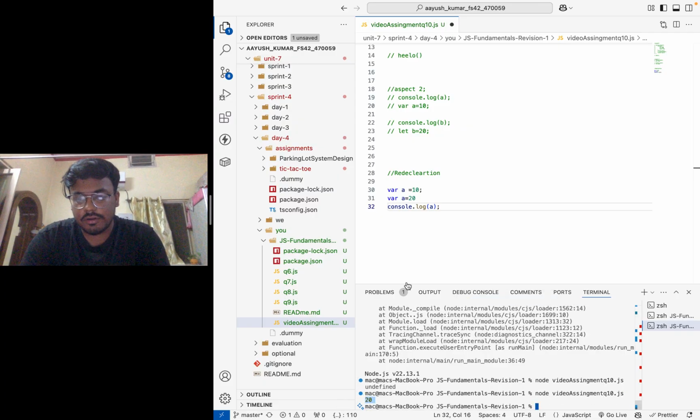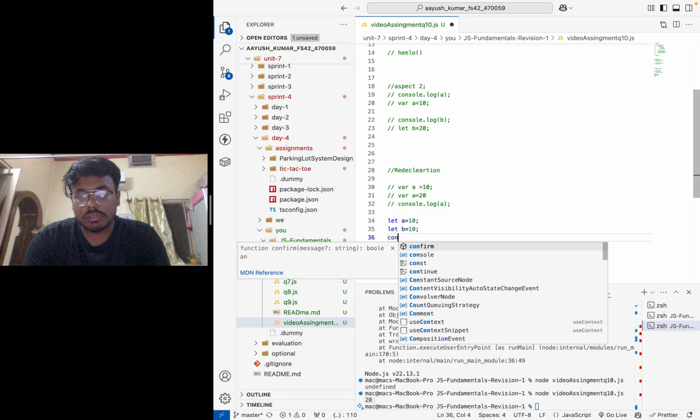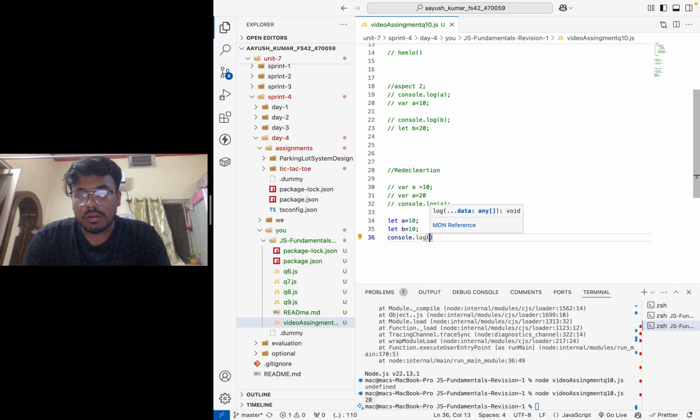So we have 20 because the var value has been declared again from 10 to 20. So var can be redeclared, but what happens when we write let a = 10, let b = 10, console.log(b)? It will give a syntax error.